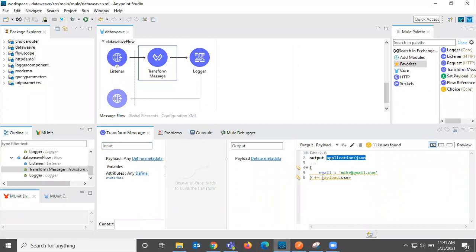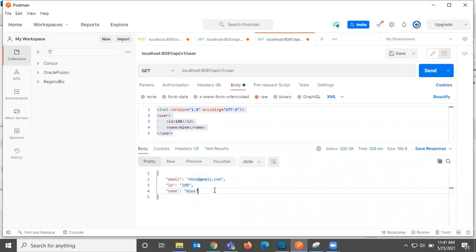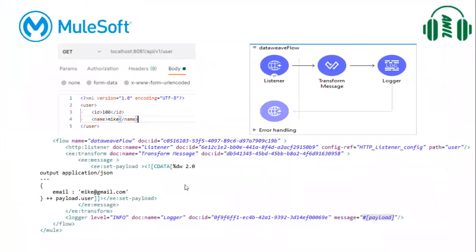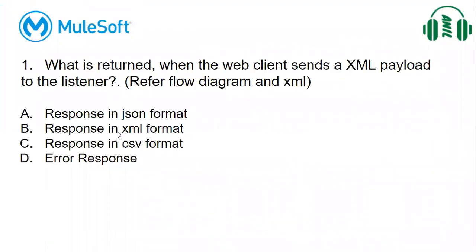So here we are sending XML data, but still we'll convert that to JSON and combine these two into one JSON format and send it back. So that's why we are seeing here email ID and name in a JSON format. So answer for this is response in JSON format.